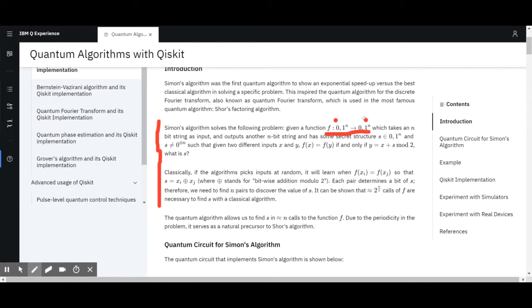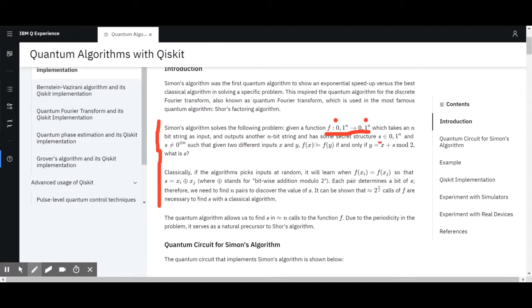The idea here is that it has some kind of secret structure, which is also from the same domain, so it's also a string of bits of length n. I assume that means it's not all zeros. But what is the secret structure s? Such that given two different inputs x and y,